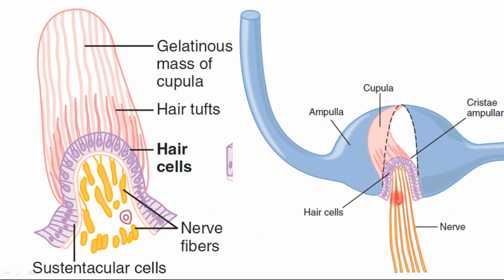And this is another simplified structure completely inside the semicircular canal and the ampulla. The gelatinous mass is called the cupula, and this whole structure is called the crista ampullaris, with hair cells, and there is projection of cilia, the stereocilium and the kinocilium, what we have seen before, in the gelatinous mass. And this semicircular canal is filled with a fluid called endolymph.